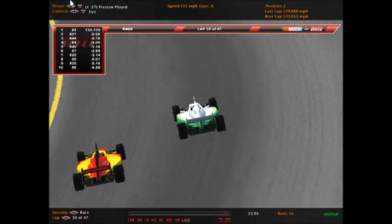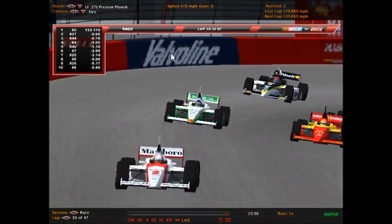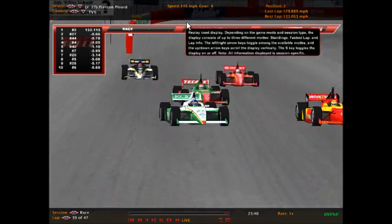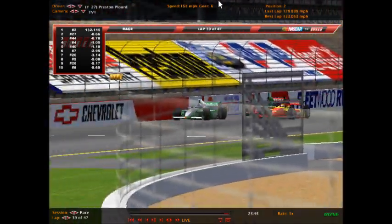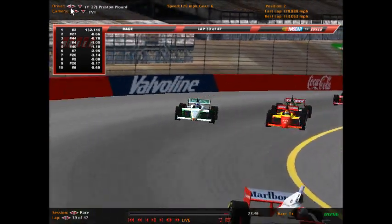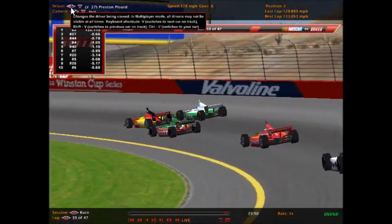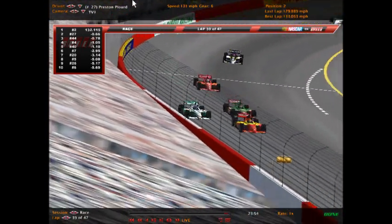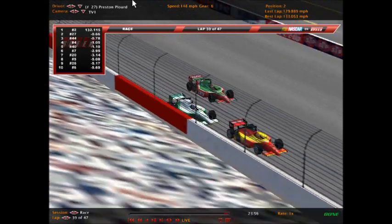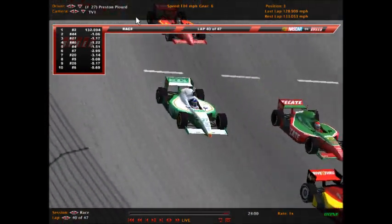And whoa, that was close. Tanker to the inside. He's going to take position away from Plord as they come off turn number 2. They're side by side. And that's letting the 40 car of Aaron Carlson into this mix. Carlson trying to move inside. He had thoughts of maybe making it 3 wide, but apparently thought better of it. Plord now loses 2nd place to Tanker, and now Carlson...